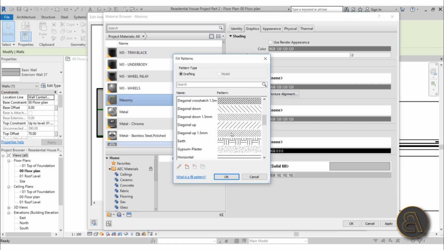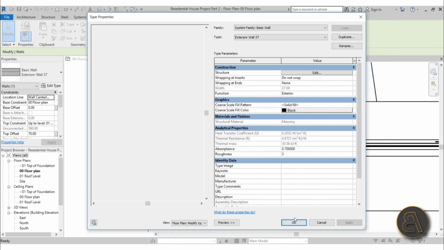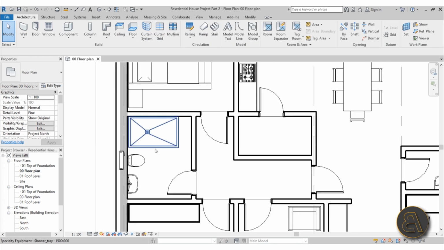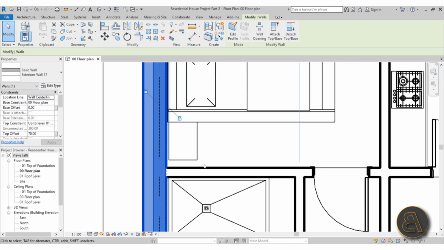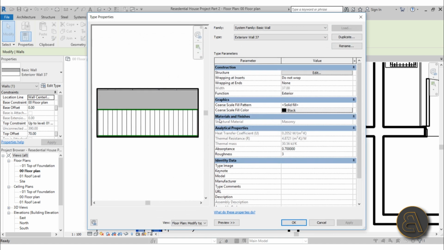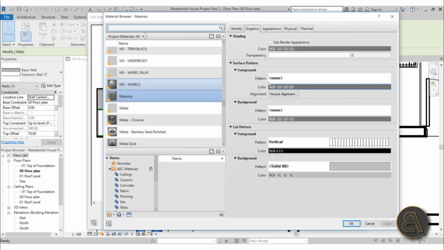And for the pattern, let's use something that represents a block. Usually it's going to be vertical lines, so I'm going to go with the regular vertical lines. Let's just see what that looks like in the model. So hit apply, okay, okay again, apply, okay. There we go. It's just the hatch isn't represented that well. Let's see if we go into edit type. Yeah, I think the vertical lines are running well vertically, so we can go into structure, back into masonry,